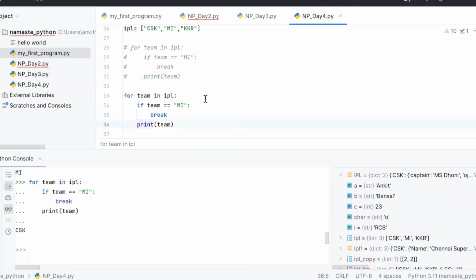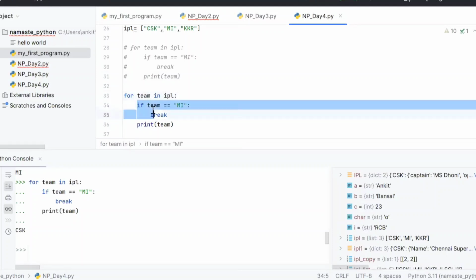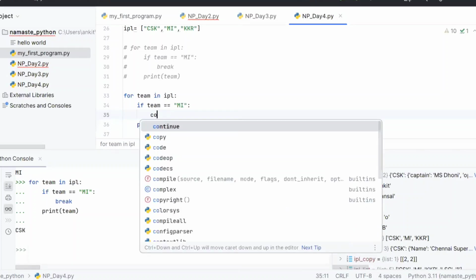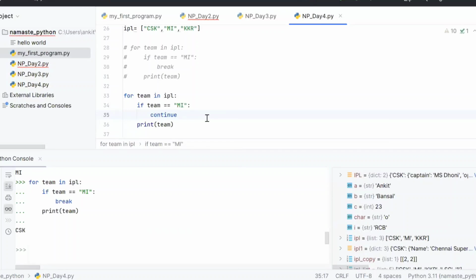Whenever the print is coming, it depends on your requirement, right? The moment break is there, nothing will happen. Even if you write a print statement here, nothing is happening because it is breaking there and there only. So where you want to print depends on your requirement. You want to run within the if statement before break, or you want to run after the if statement, or you want to run before the if statement. There's no hard and fast rule. What you want, it depends on that. Okay. Now similar to break, we have continue, which is exactly the opposite. What it will do, it will skip that iteration of the loop.